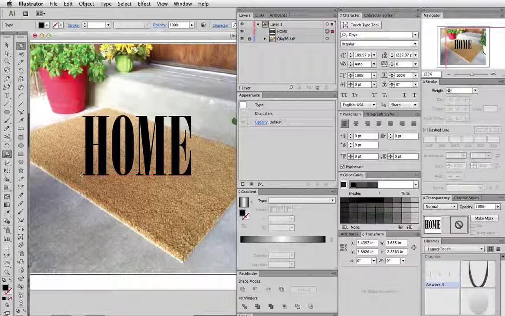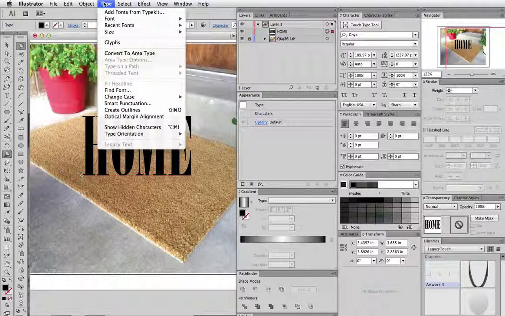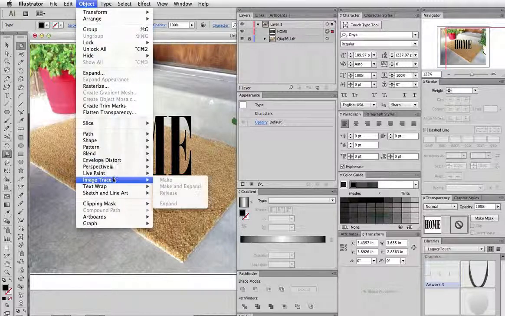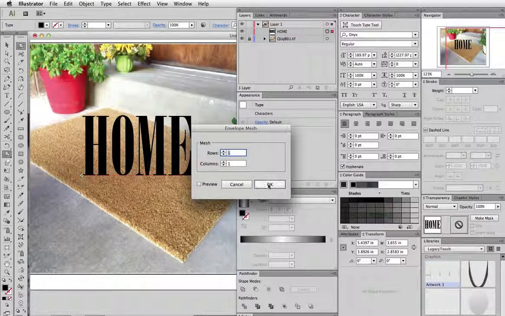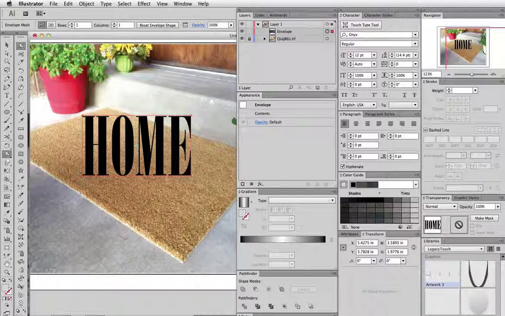Now with that text selected, I'm going to go up to Object, Envelope Distort, Make with Mesh, one row, one column. Now I'm going to hit E to get the free transform. And I'll start by moving the cursor away from the object and just rotate. That will rotate the selection